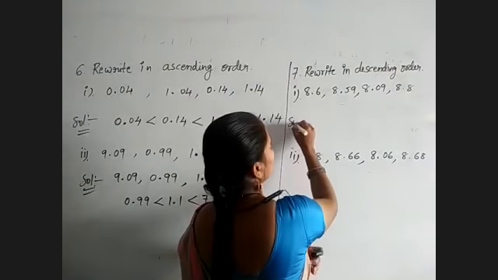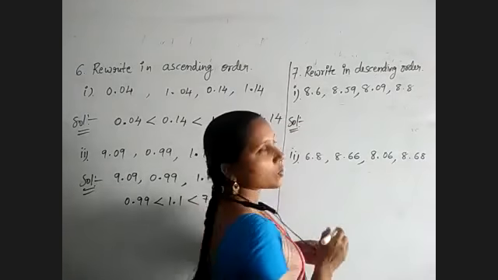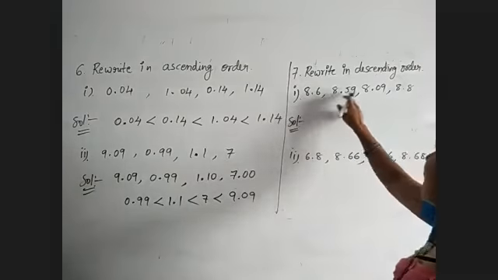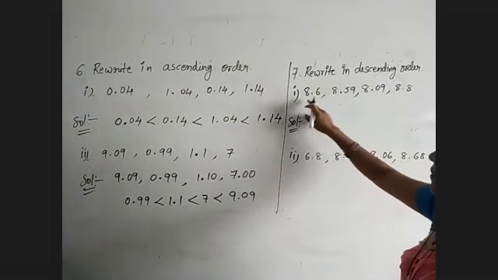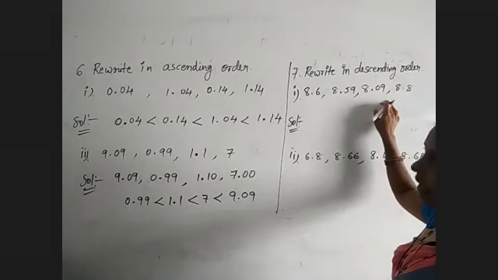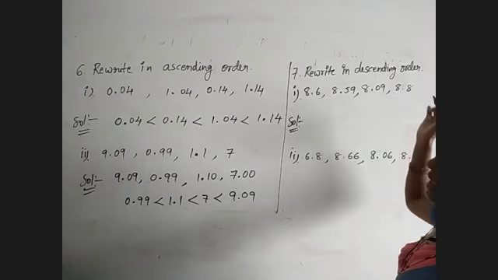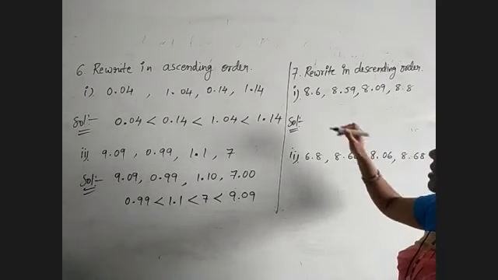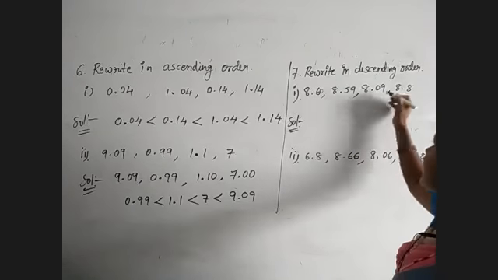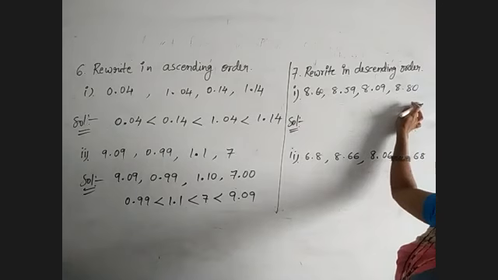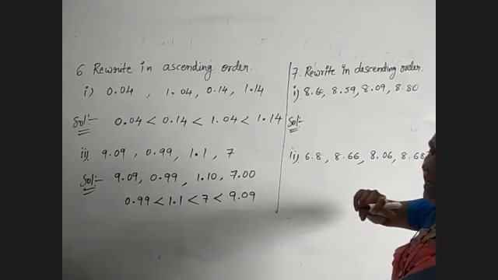Here we need to write them in descending order, means greater to smaller. So first observe the whole number part in each number: 8, 8, 8, 8 only. Means every number has unit digit 8. In the decimal portion, 1, 2, 2, 1 digits are there. That means unlike decimals. So convert them into like decimals by keeping just zeros. Now every number has two decimals. So now compare digit by digit.